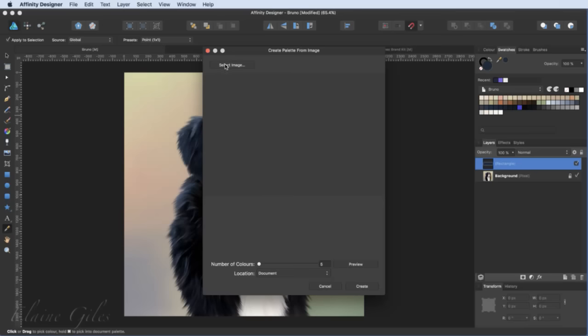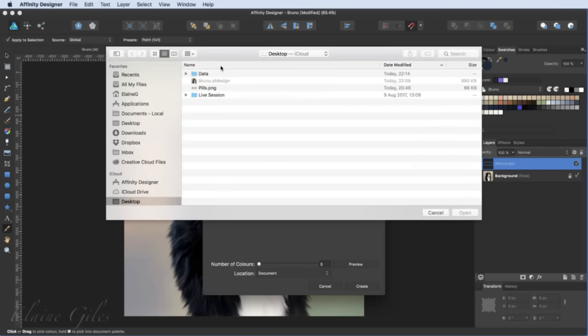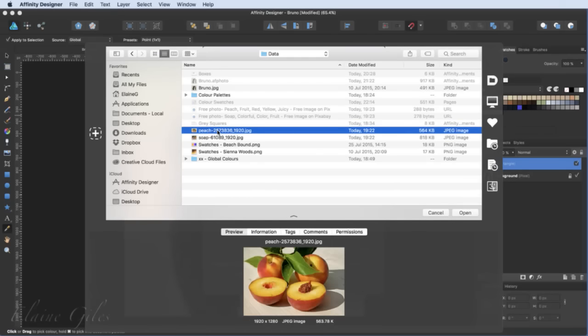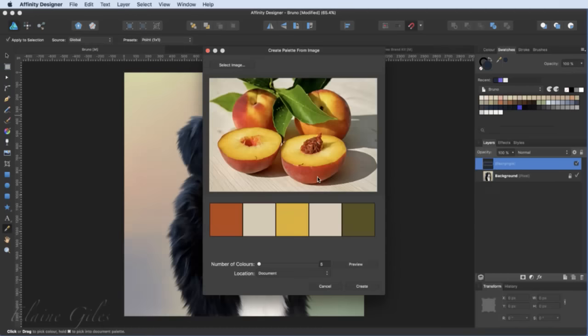You need to tell it where to find the image. So go and select the image. And in there, I'm going into my data folder. And in here, I've got a couple of files that I can use. So I'm going to choose this peachy one to start with and open that. And it's just loading in a JPEG, just copyright-free image that I've got online, and it's created 5 swatches from